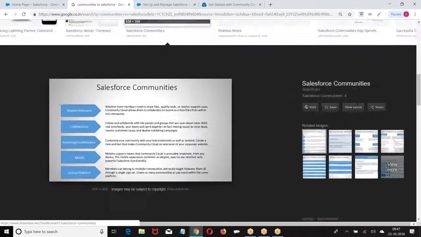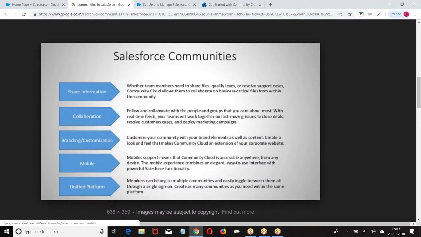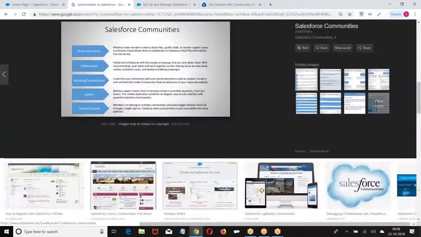Okay. Now, what is the purpose of these communities? They are used for sharing information, collaboration, and branding. Let's say all the customers who are using this iPhone have a community. Now, the Salesforce developer community is there. You will be posting your queries and sharing your knowledge. You do not make a call to customer care; you can make a post. All the other people working on Salesforce who are available will assist you. It's for sharing information and collaborating with each other.